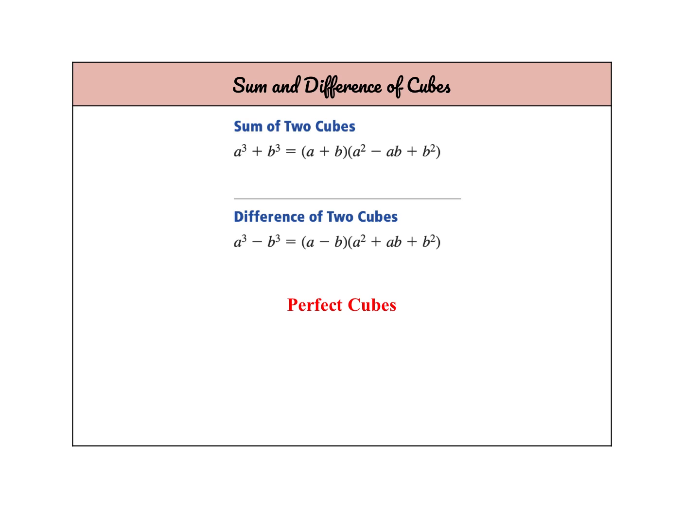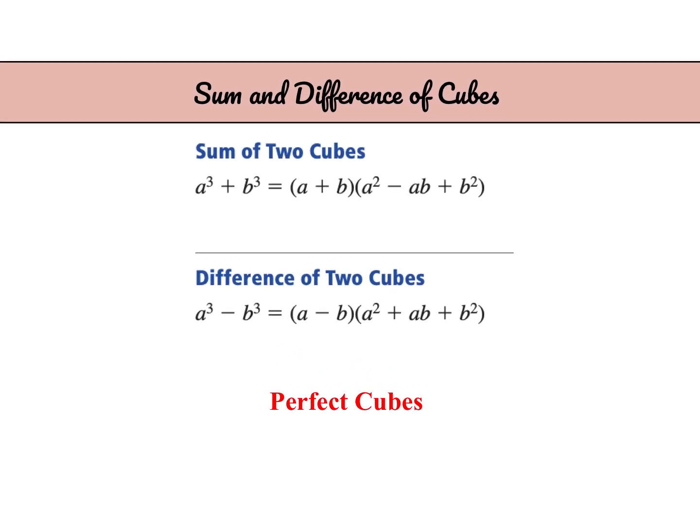All right, so now we're going to learn a new method for factoring. There are actually two. It's the sum and difference of cubes. So again, this is kind of like the difference of two squares. It works for very specific cases, and there's a formula that we use. So the first is sum of two cubes. So again, if you see that you have two terms and you're adding and they're both perfect cubes,